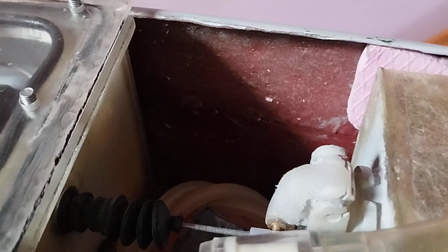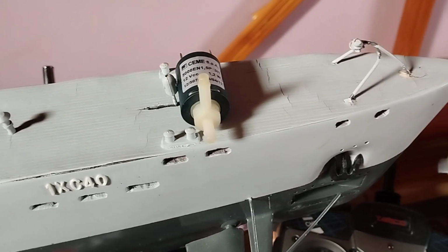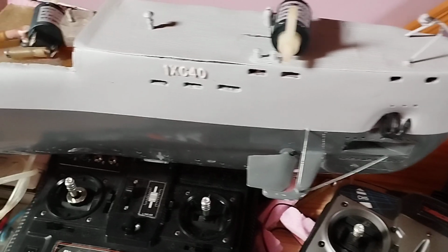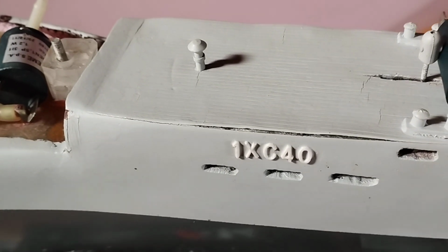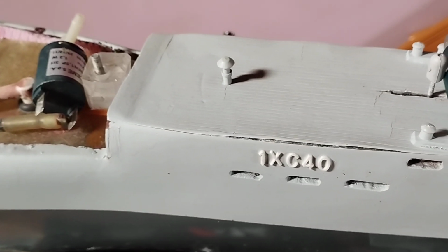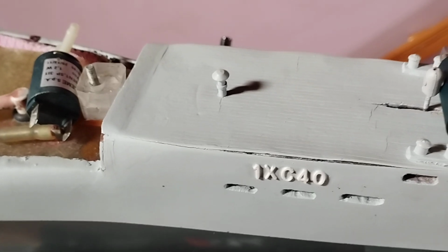This is all scratch built. I don't know if you can see, there's the fiberglass hull. I made a wooden plug, long boring story, modified it a number of times to get the shape, the length and the bow structure how I wanted it. So here we see 1X C40. That was the type. The most common was the type 7, which you see in most of the war films. This is a type 9,